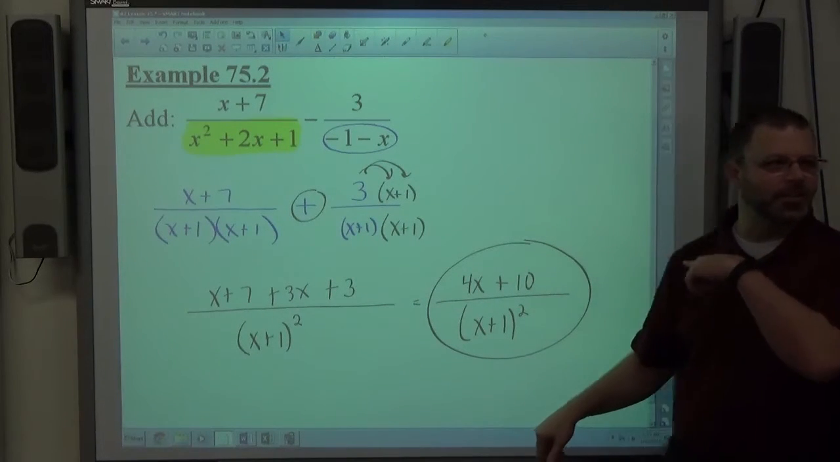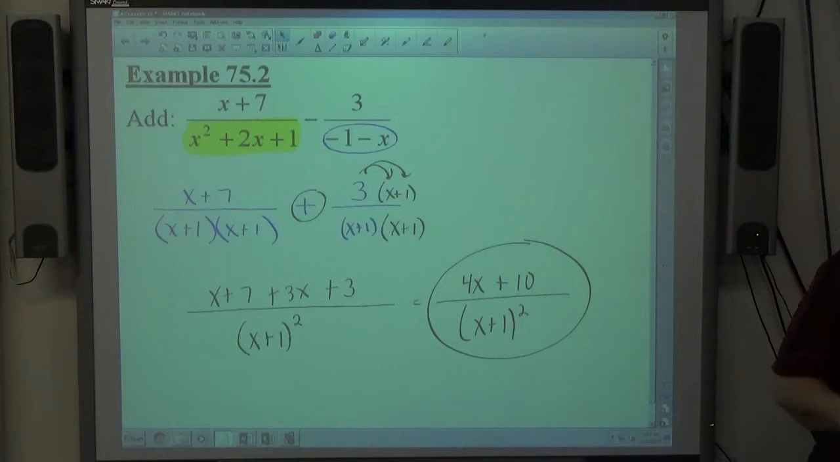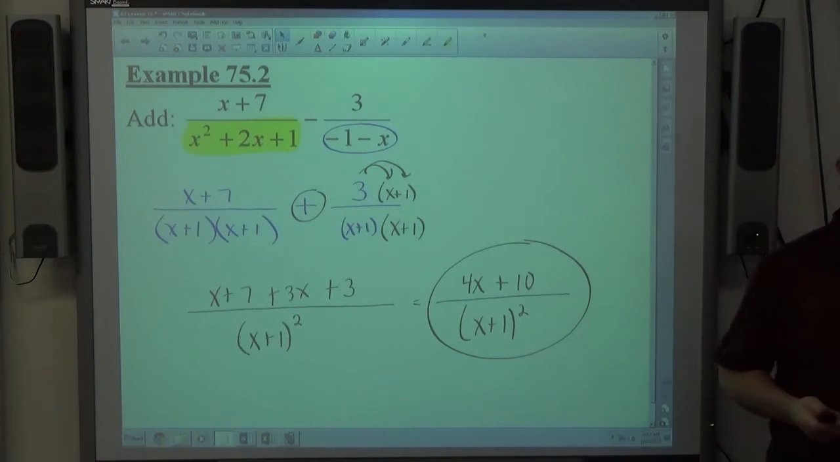Last one was 4x plus 9. This is 4x plus 10. Maybe the next was 4x plus 11. I don't know. There might be a pattern going on here. I'm going to guess not, but